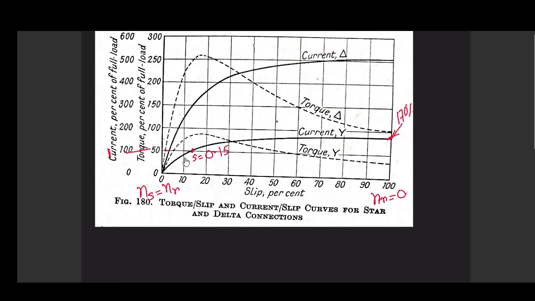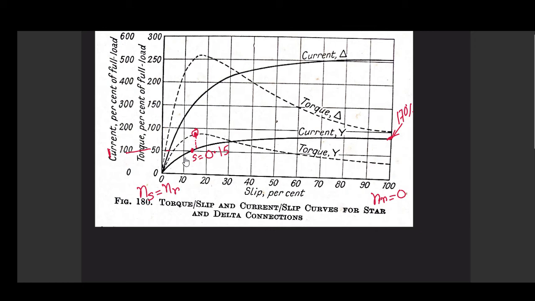value. So clearly it indicates that you are getting full load current at S is equal to 0.5. Interestingly, you can see that around that point you are getting the point of maximum torque also. Right. Now maximum torque you are getting at a current that is slightly higher than your rated current,